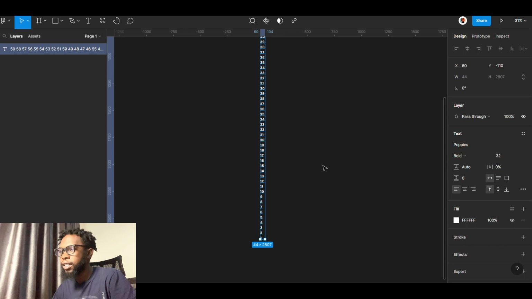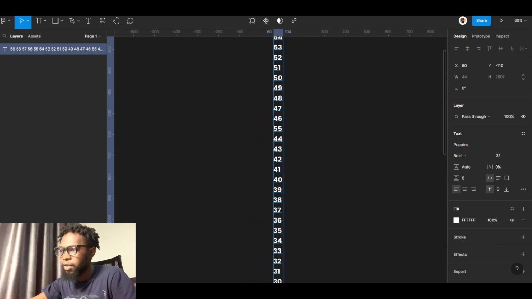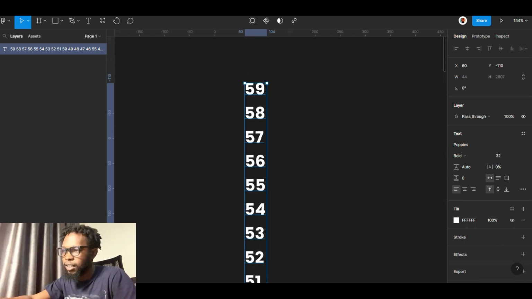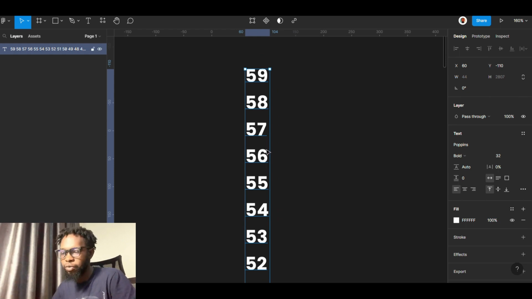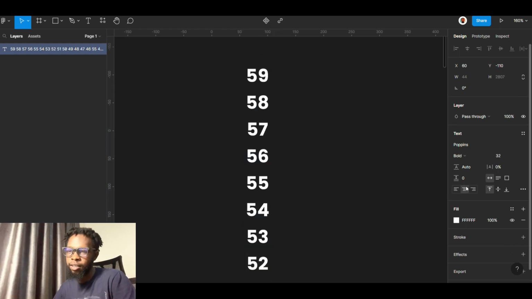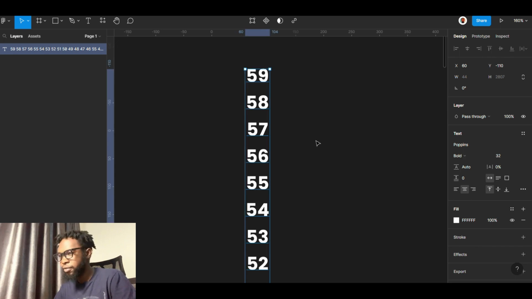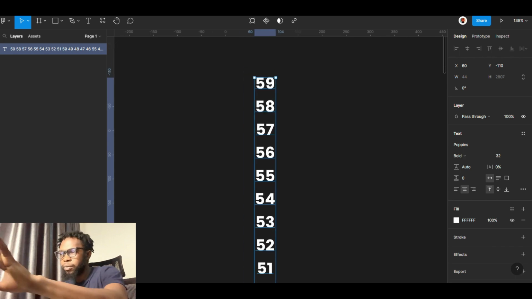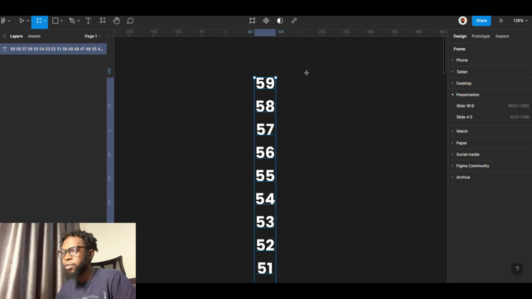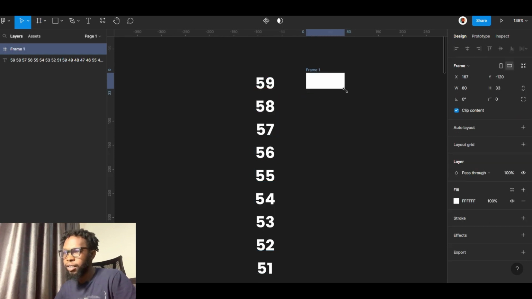So we have all our texts here, all our seconds. They are literally in the text field. So what I want to do is align them to the center of this text field. So when we are framing them, we will have an issue. So what I want to do right now is frame this text field. Or let me just create a frame instead of framing it directly, just for sizing purposes. So I create a frame, and let me make the height of this frame